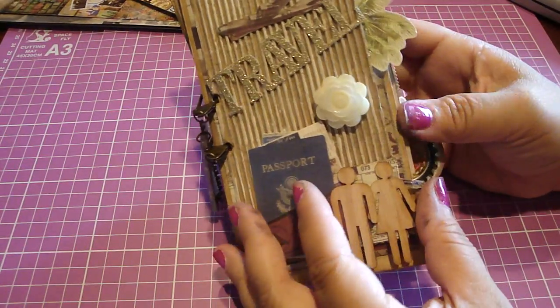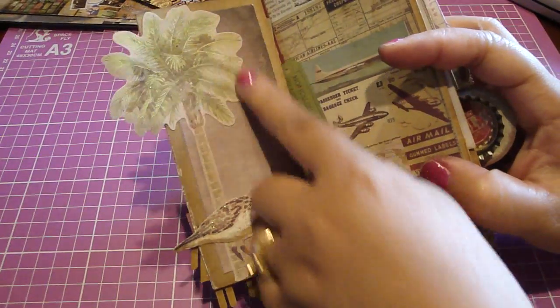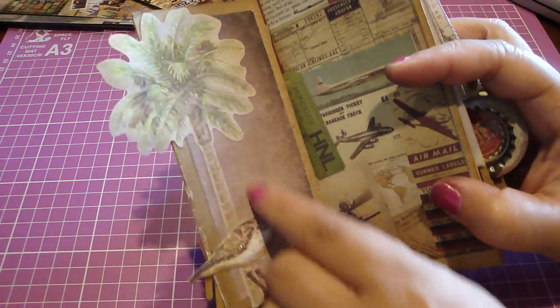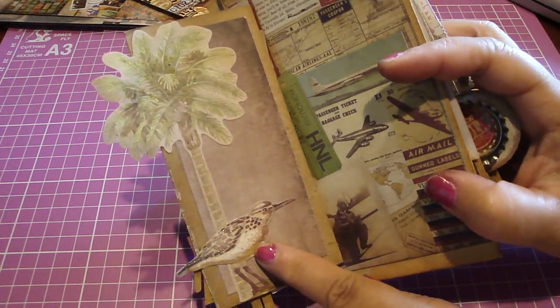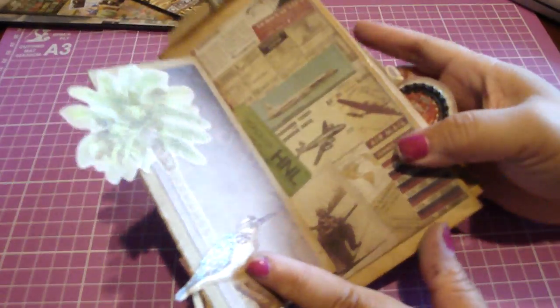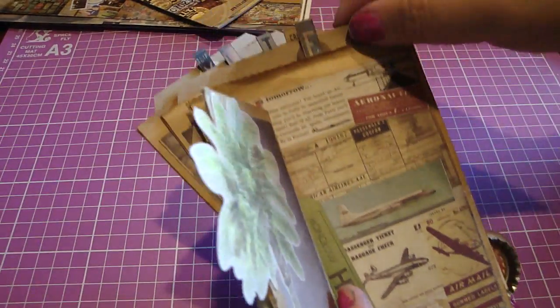So that's the front, and then the inside, this is where I add some design paper, and then I use the Tim Coffee Travel die cuts. I use a lot of my stickles on the palm tree as well as onto the little bird here. And then I add some design paper onto the paper bags. And then the tag inside,